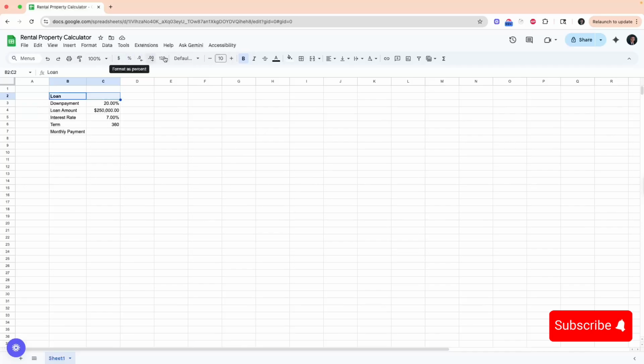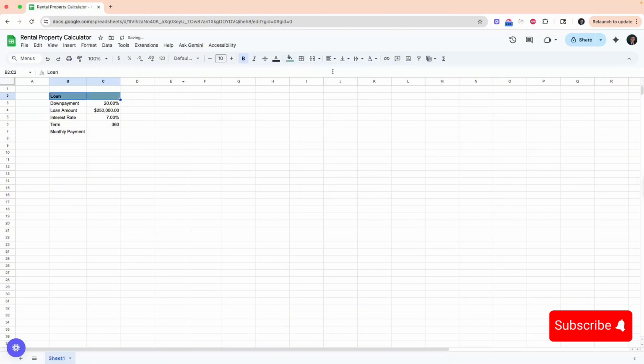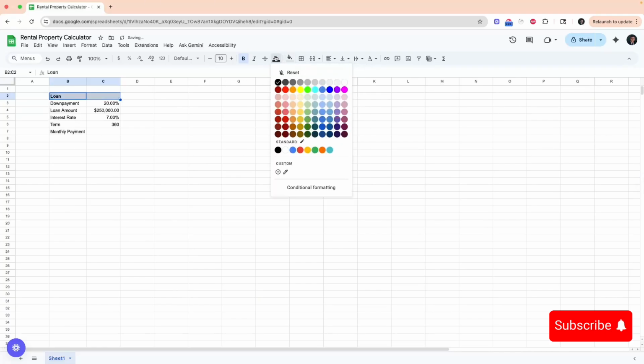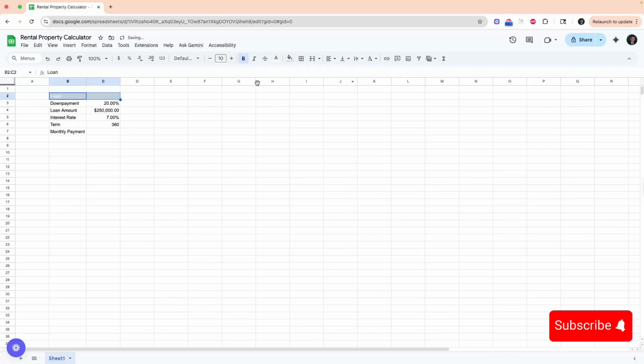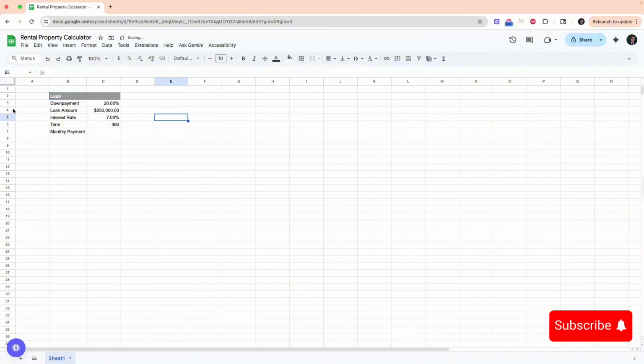So here, let's just do a little bit of formatting to make this look a little bit neater. Now, we'll just go with like a gray. Let's go with a darker color. There we go. And then box that in. And then, all right, for our monthly payment, we're going to calculate this by typing in equals